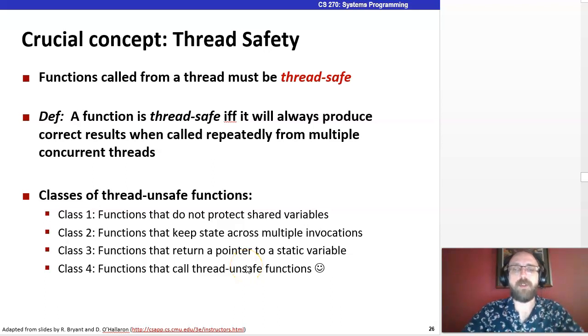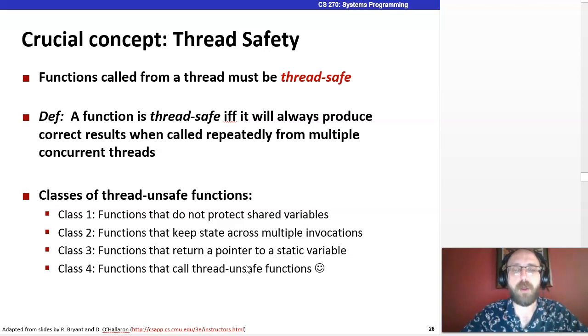All right, let's take a look at one more thing related to threads and using threads safely, and that is thread safety. If we're going to use a function inside a thread, the function needs to be thread safe. Thread safe means it will produce correct results when it's called repeatedly from concurrent threads, even if one call to that function happens while another call from another thread